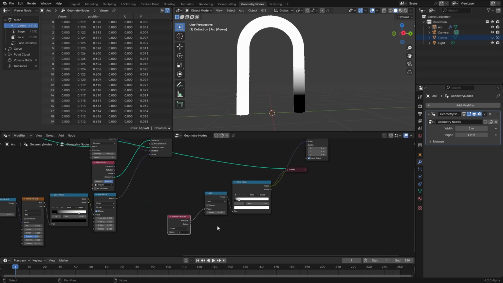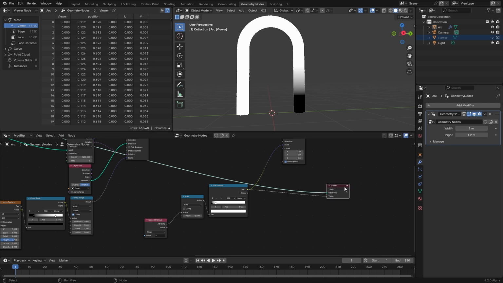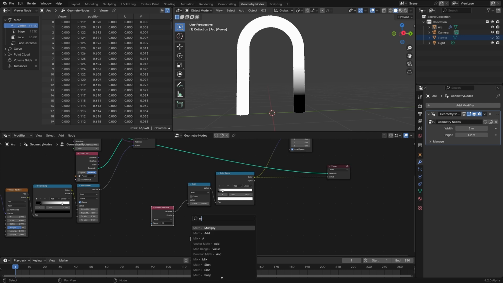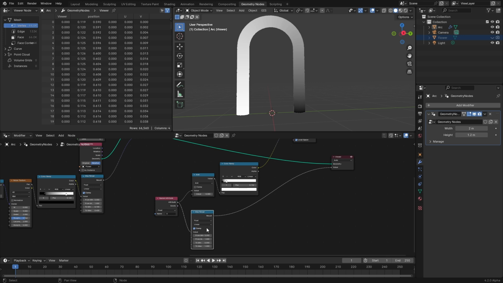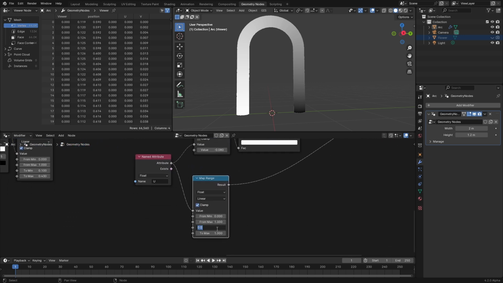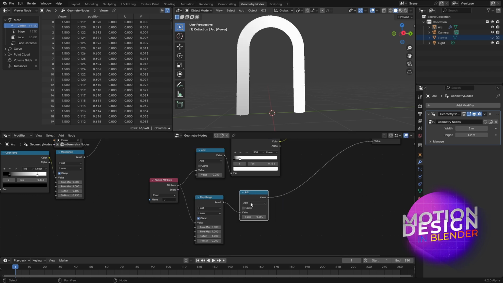Okay, I can modify my map with another node. Let me show you what happened here, and again I can visualize this with the viewer node. First I need to add a map range to flip my map, changing 0 to 1 and 1 to 0. As you see, my map is flipped. Then add a math node here and set it to subtract, and as you see